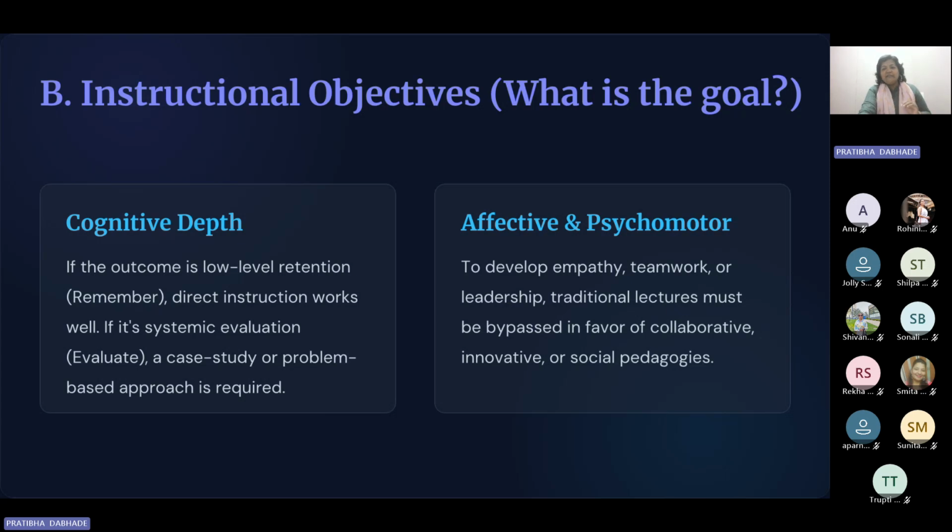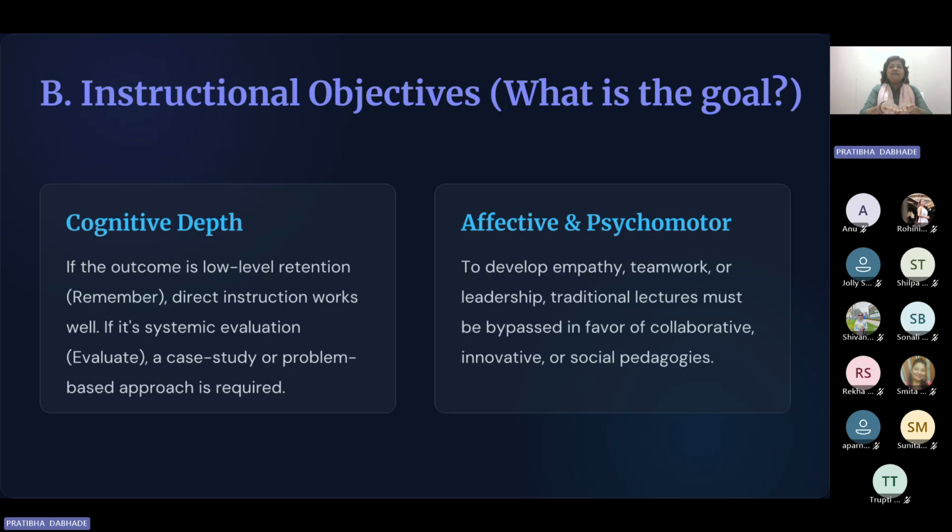To develop empathy, teamwork, or leadership, traditional lectures must be bypassed in favor of collaborative, innovative, and social pedagogy. So there we have bypassed traditional lectures. Again we have to go with some collaborations, right? Some social activities, and we have to plan the peer activities. And the first thing is that first